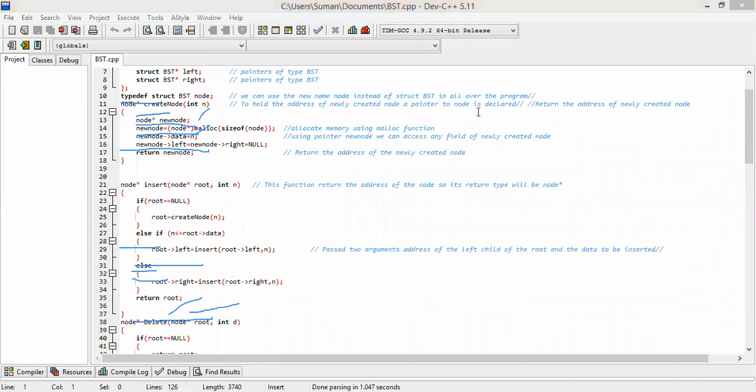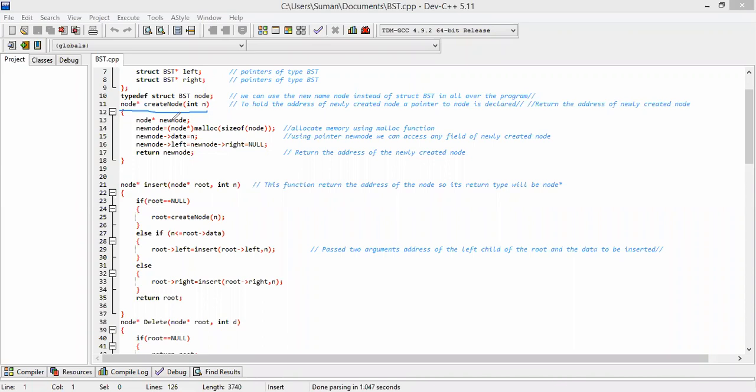Before the insert method, we have to create a node, because if we don't create a node, how can we insert? For this reason, we have used node star create node with input n. This is a node creation function which takes n as input and returns a structure type pointer.